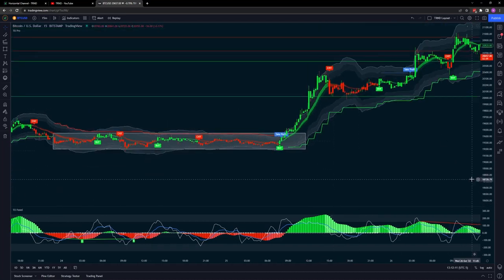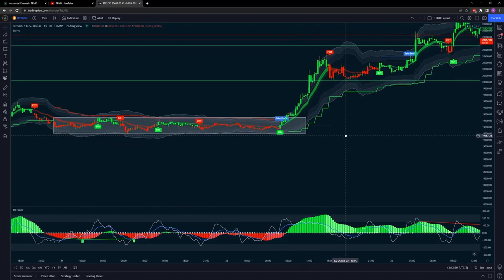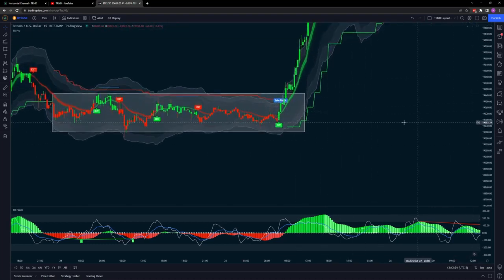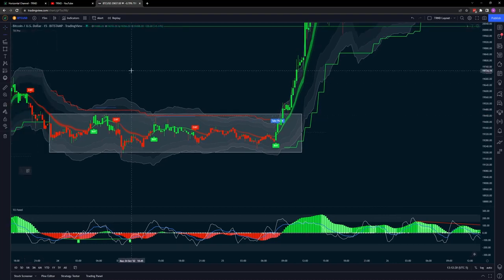Now, we did have a massive uptrend, right? And we continued upwards for a good $1,000, $2,000. How do we identify that this is actually happening, and how do I get in on this if I'm not looking at my computer all day? Great question. So TradingView offers us a few options. One, we can draw horizontal lines, and we can draw out our rectangle channel first, and then depending on where you want to put your line,